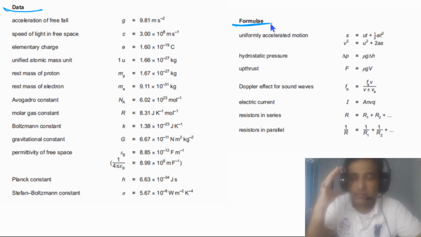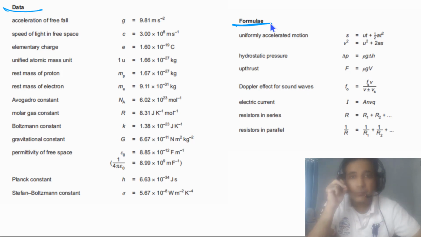In the exam, if you have doubt about any formula, or you have forgotten any formula from AS Physics, you can come to this page and see some important formulae. But these are not all the formulae you need for your AS Physics. It's very important that you understand how to derive the formula, because when you derive it, you understand the physics behind it, and that is very helpful.